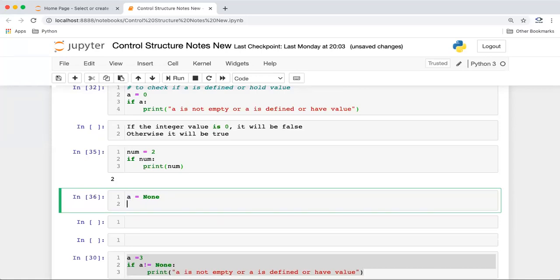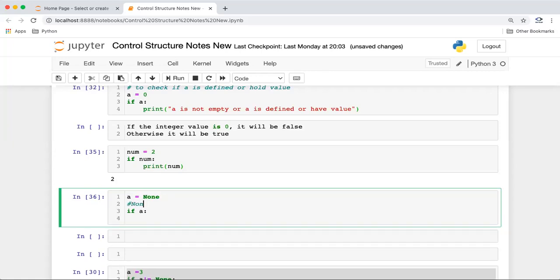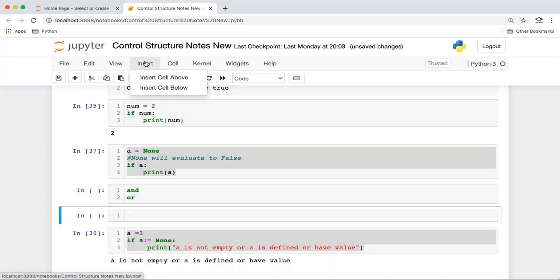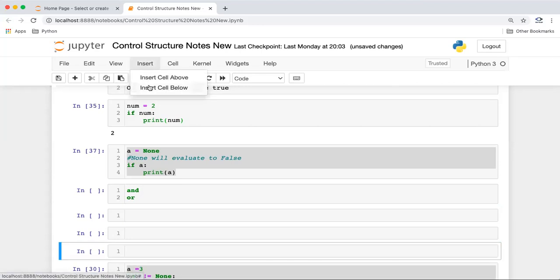And when we use None with if, if we pass that object or variable directly in the if condition, null will evaluate to false. So if I say if a, print a, it will not print, it will be false. Let us suppose, okay.